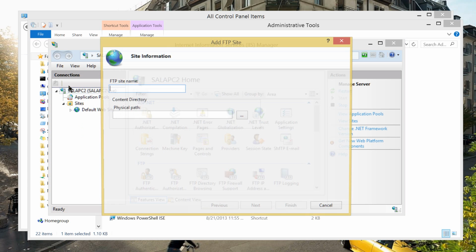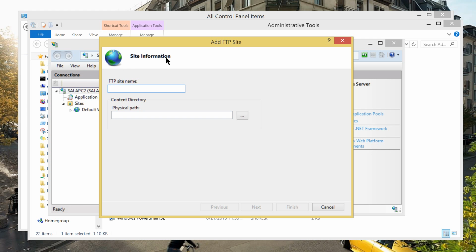Now, clicking on that, here you go. You are given the option through this form with site information. Okay, let's just call it FTP. Now, click on the path.